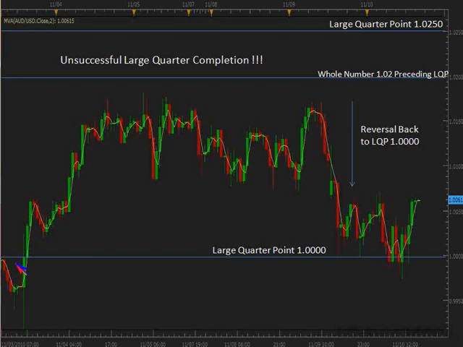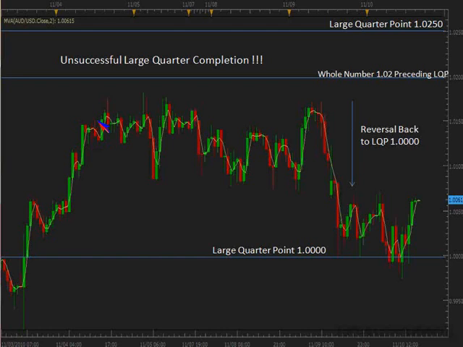Aussie dollar pair reached $1.0002, only 2 pips above parity. With the Fed's interest rate announcement right here, we have a decisive breakout above the large quarter point at $1, an entrance into the large quarter, which is a decisive entrance, to the end of the hesitation zone, 1.0075. Pullback on the pullback, prices do not break below the large quarter point at $1 and then continue further